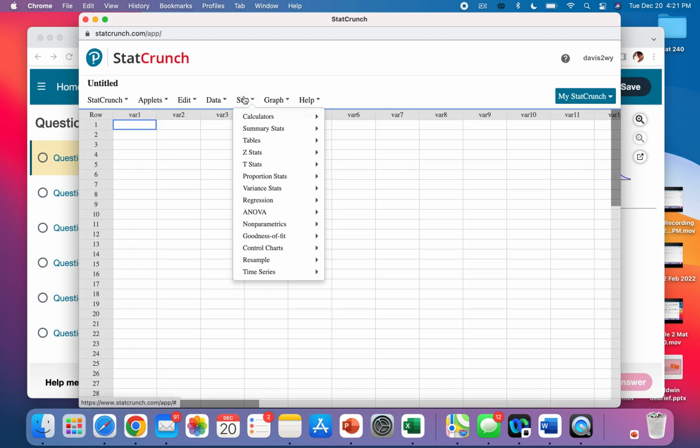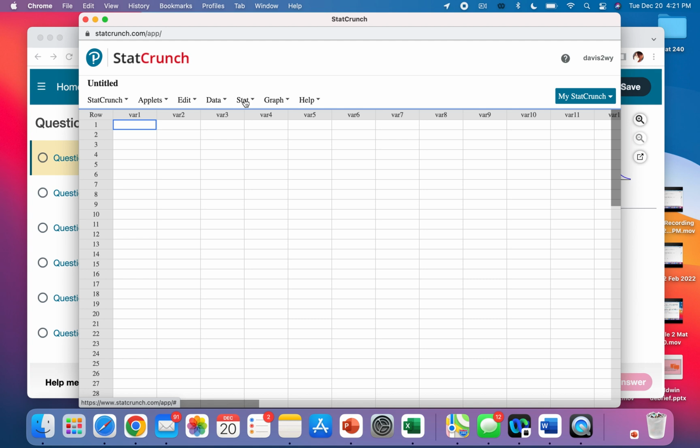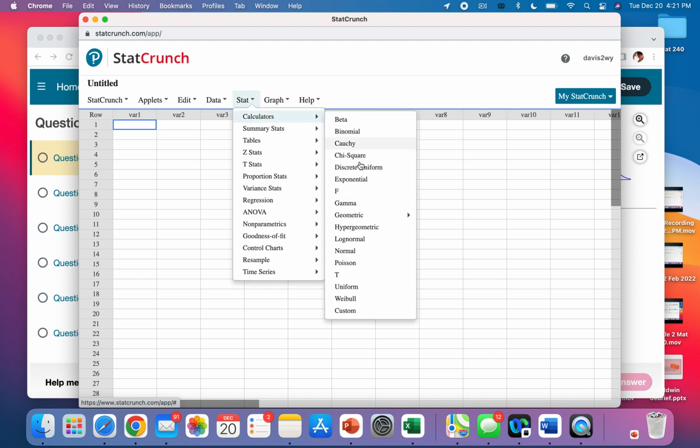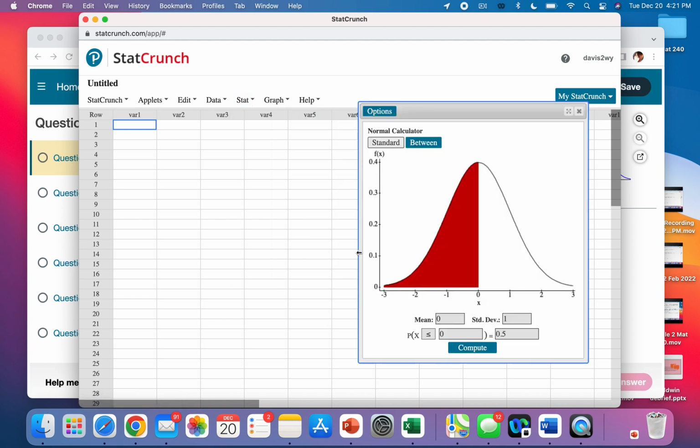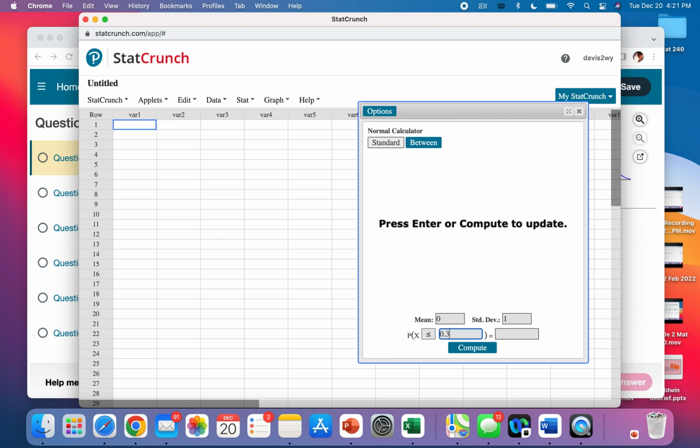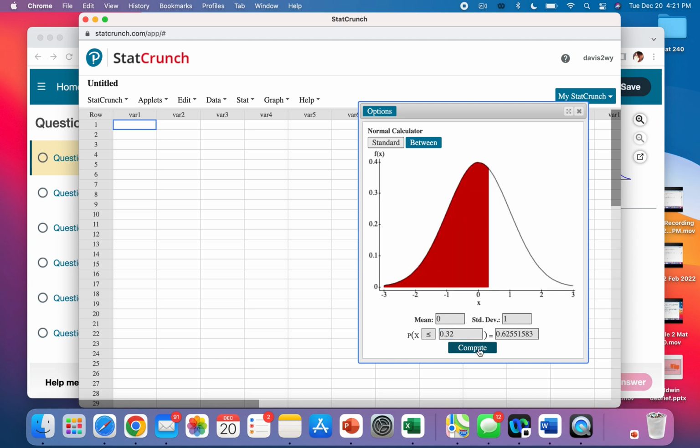Okay, we're going to hit Stat, Calculators, Normal. Okay, we want the area to the left of 0.32. Okay, this symbol, less than or equal to, is the area to the left. Compute. Okay, so that says